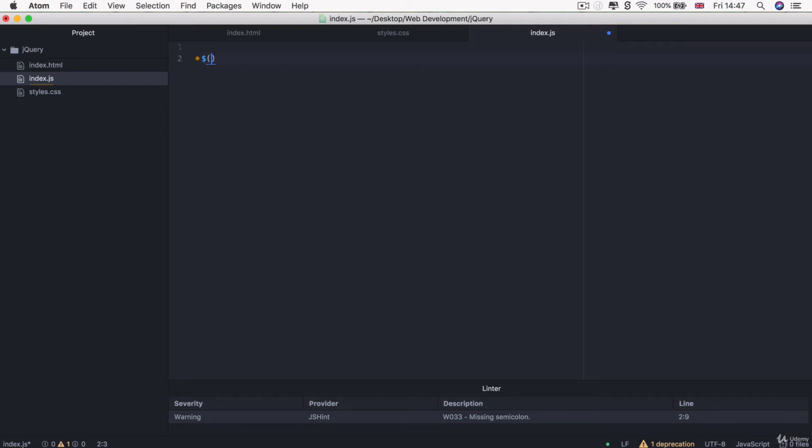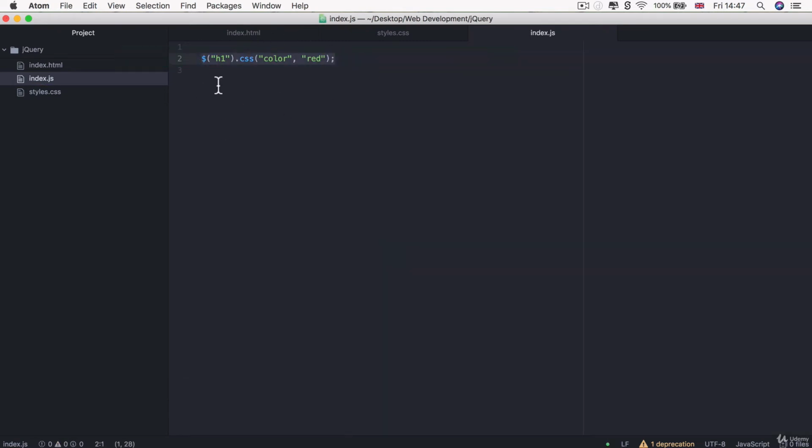Okay, so I'm going to target the h1 in our document, and I'm going to change its CSS, namely the color property, to red. All right, so now we've got our jQuery code. We're going to be going through all of this code much, much deeper later on. But now all you need to know is that we're using this to select the h1 on our web page, and we're changing its CSS, namely the color property,